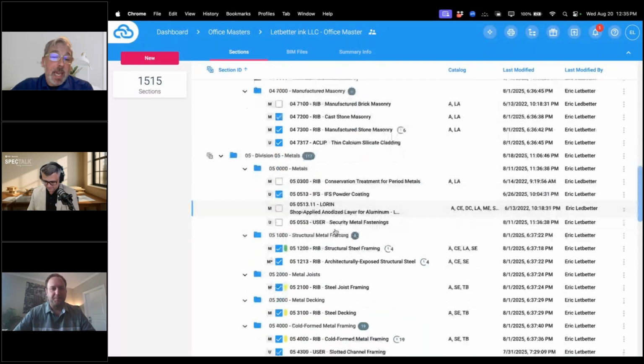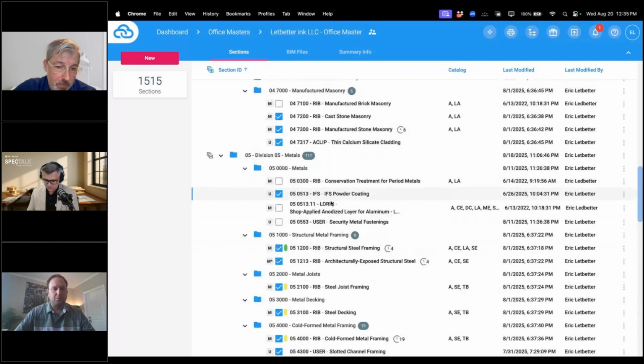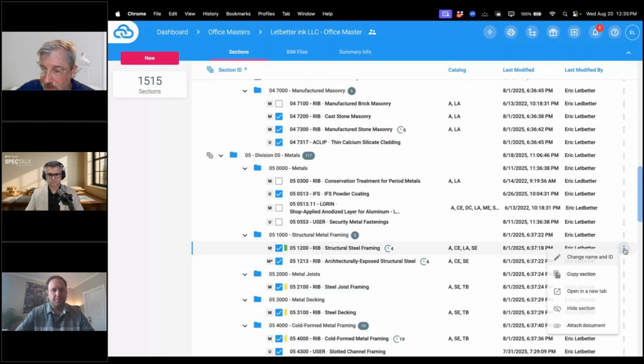So yes, you can change the name of a section and a section ID. I do it a lot where, say, I'm working with a consultant who's doing their own specs outside of the SpecLink environment. So my structural engineer, so it's checked now, but let's just say this is on in my table of contents, but this section is not active because I'm going to get that section from the structural engineer, and they've named it 05 1204, and they just call it structural steel. I can click on the dots. I can change